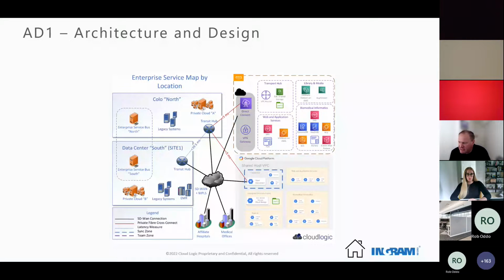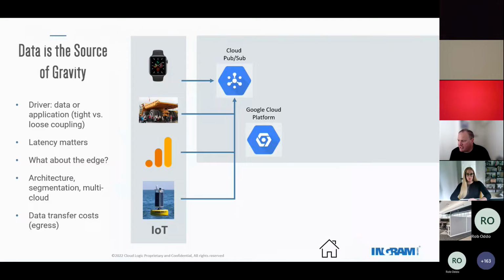Today, we no longer find that to be the case. And this is where it's vitally important for you to be working with your customer in order to have a data strategy. And I bring this up because I want to highlight why a private cloud actually could be a key point to this. If you sit down and you look at something like this, let's say that I've got